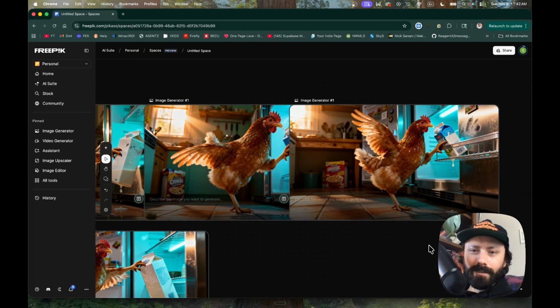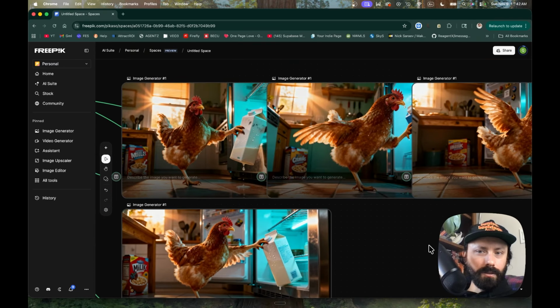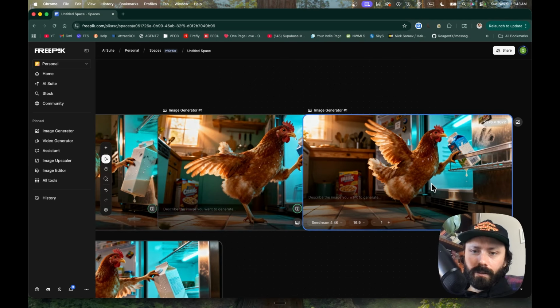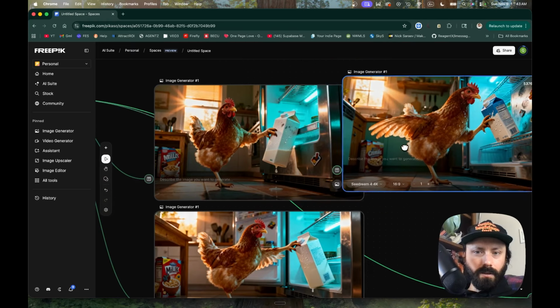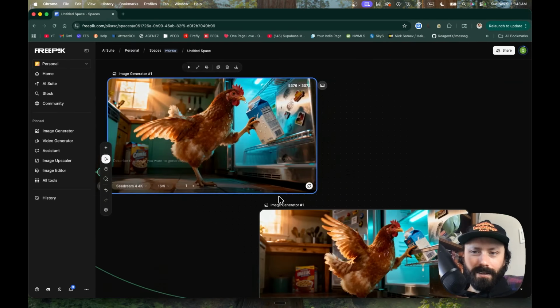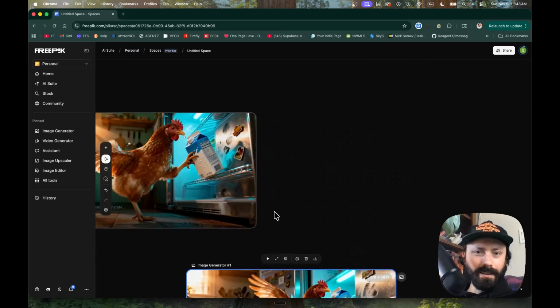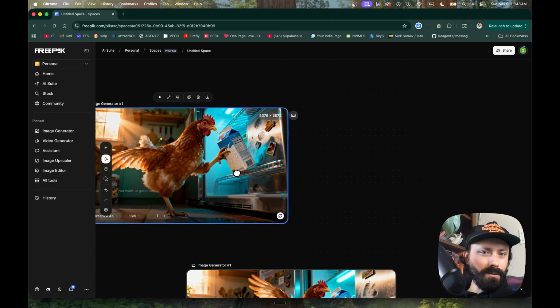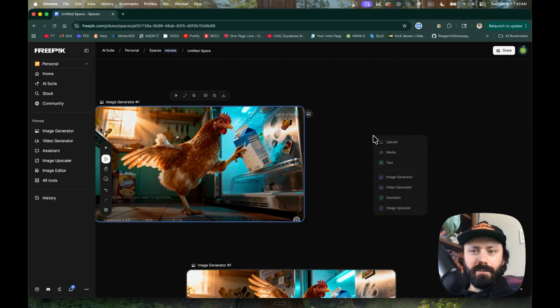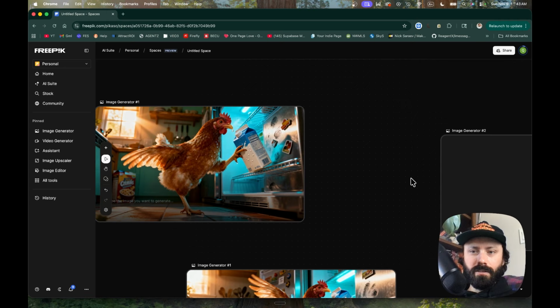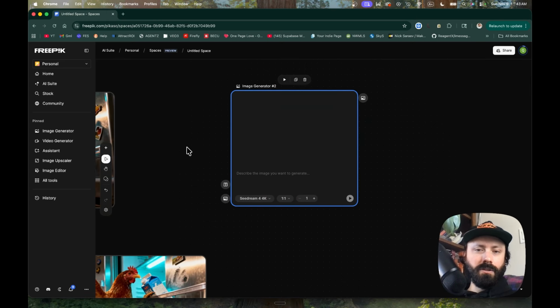That's hilarious. Okay, which one do I like the best? That one's pretty good. I think I like this one. This one's kind of like the most realistic. Maybe the wing is the foot. Okay, I guess. Dang. Yeah, they all have their flaws. Oh well. Anyways, you can take this and you can either upscale it, or you can use another image generator,